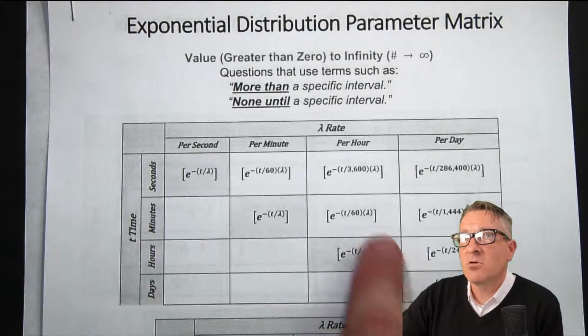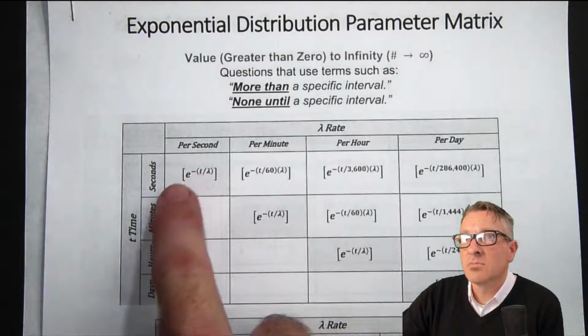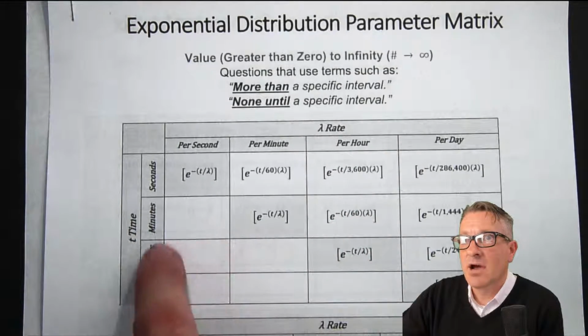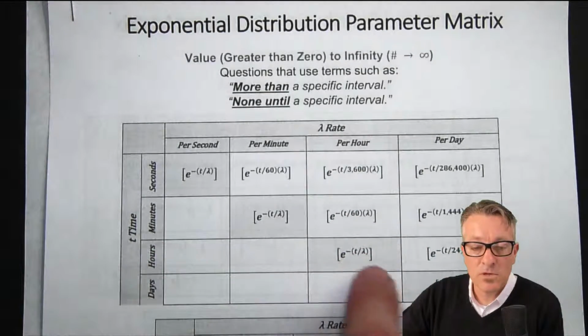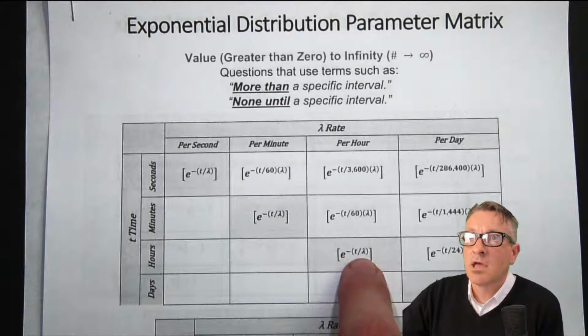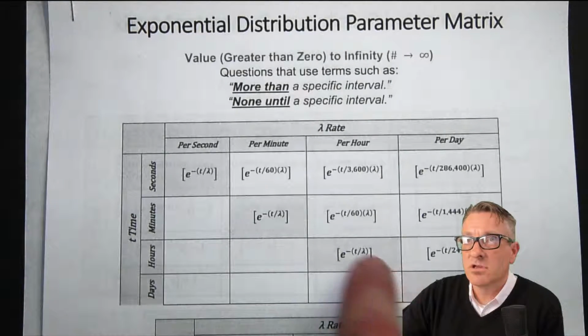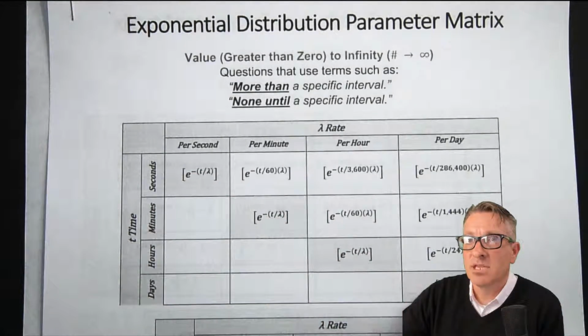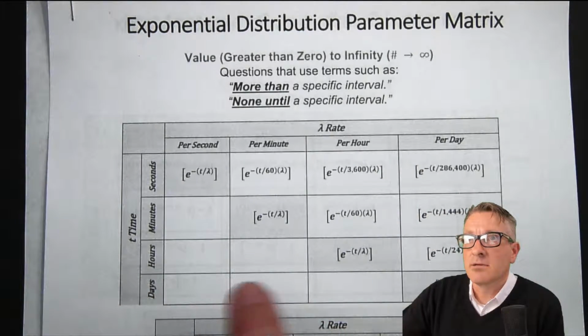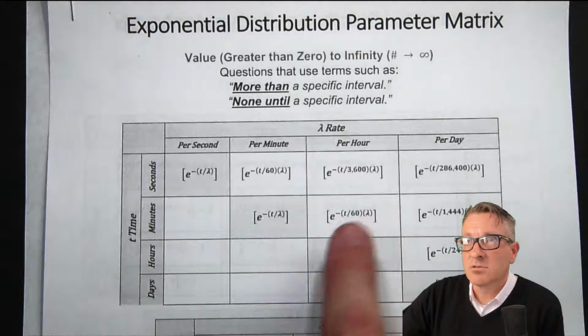So this one says per hour to seconds, per hour to minutes, and then hour. You see there's no unit conversion, okay? And so none of these have a unit conversion, and that's because they're the same, day. And so that's kind of how this works.